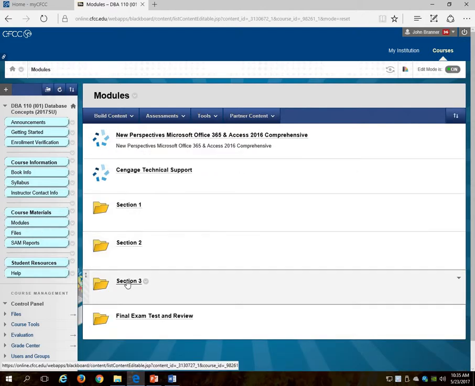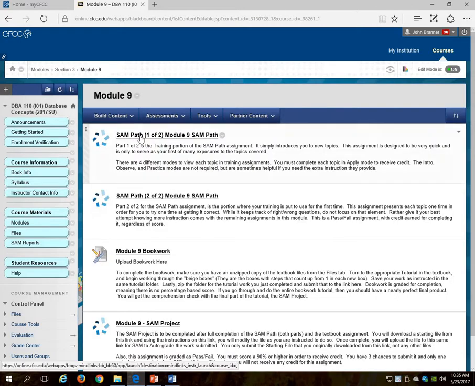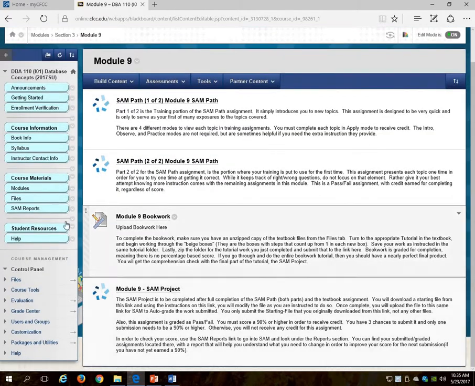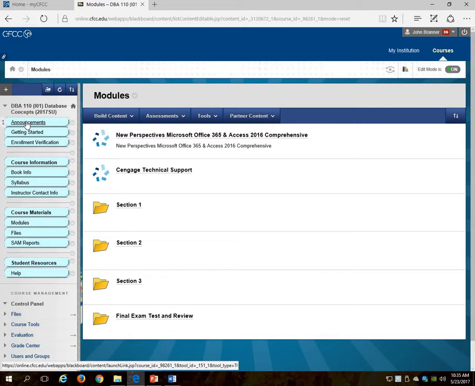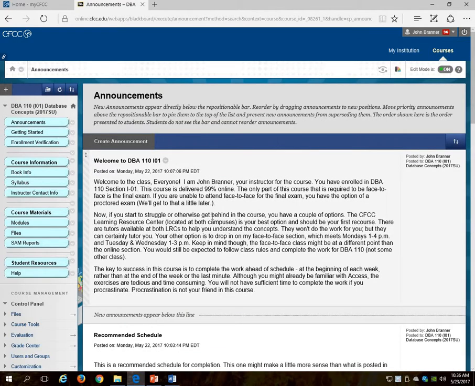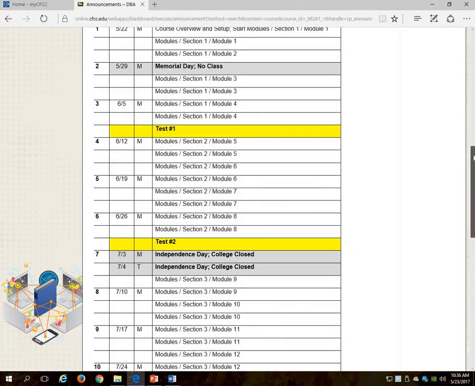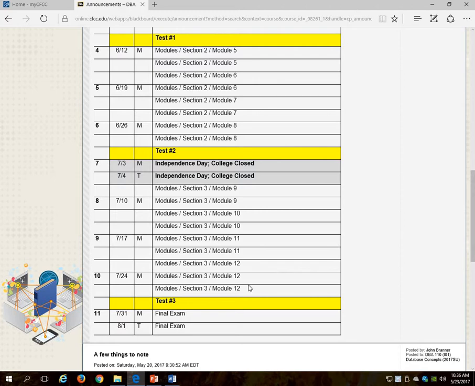Okay, Section 3, Module 9. SAM 1, SAM 2, Bookwork, Project. Okay, they're all the same, is the point. So consider how long those 4 components are going to take. All right, now look at this schedule. We have to get all this work done, these 12 modules,